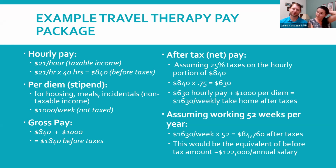We did that actually for a couple of years. That would be about $84,000 to $85,000 a year after taxes. And if you equate that to a salary position pre-tax, that's about $120,000 to $125,000 a year. So, that's significantly more than most therapists make, especially most new grads. So that's a big reason that a lot of new grads choose to travel, is you can make a lot